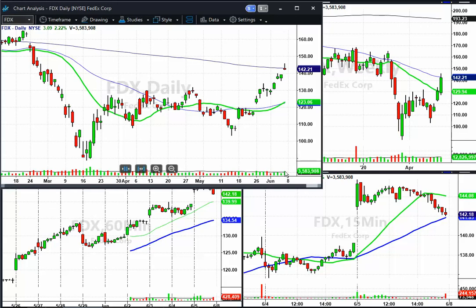It's not quite as climactic here. I'd love to see a bigger volume push for it to be climactic, because right now, if you got short immediately if it opens up flat around 142 on Monday, your stop's at the top of the topping tail. I think there's some risk there. Again, depends on the market. If the market is strong in general and this one opens flat, you could probably do it better or take a shot. But if the market's strong and this one's strong, or the market's weak and this one's strong relatively, you may want to just watch.